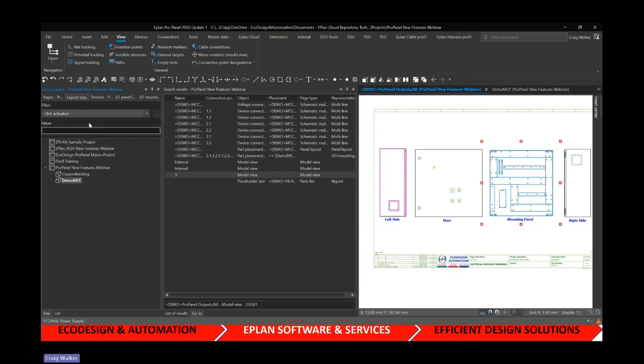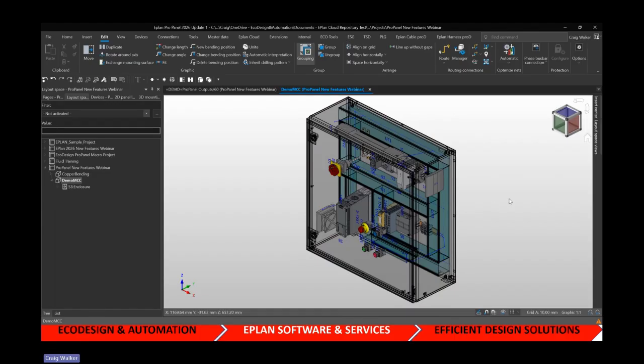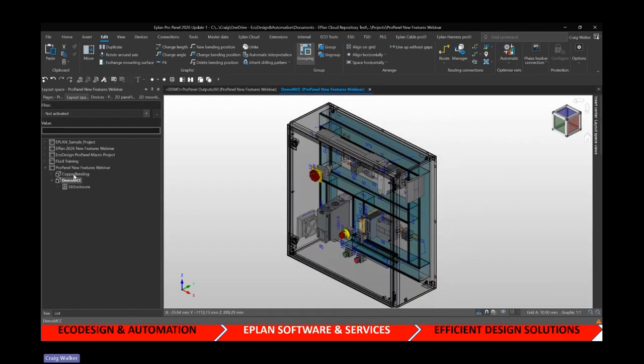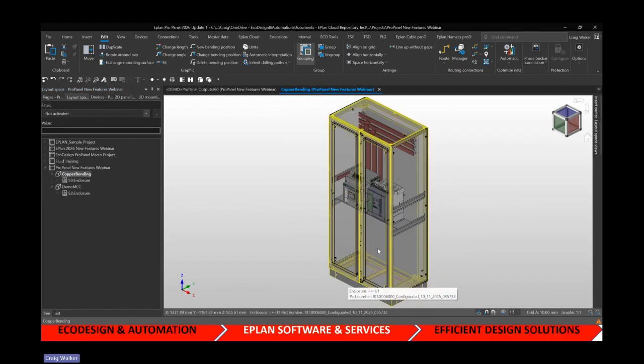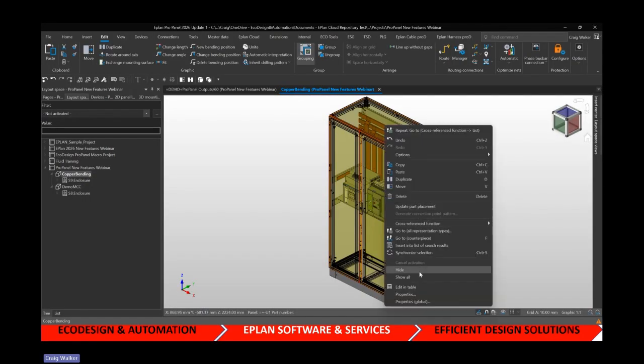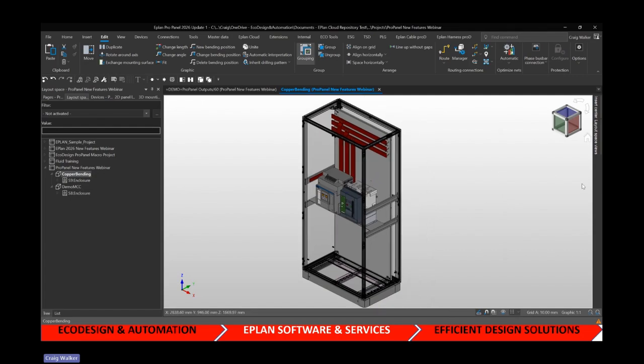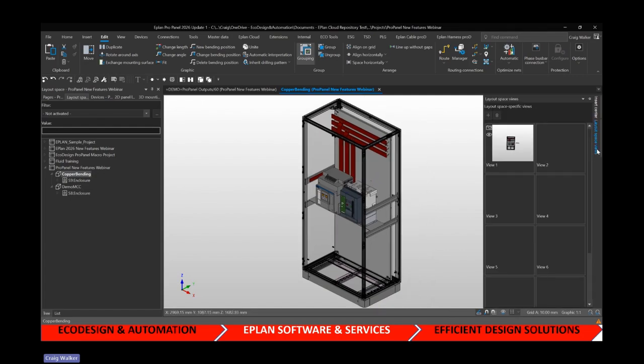Let's go back to the layout space and have a quick look at these views. What I commonly do, part of this copper bending, is whenever I open this up, I have to kind of select, holding Control and Shift, multi-surfaces and then hide to be able to get access to something. If I didn't want to do that every time, I would simply go to layout space